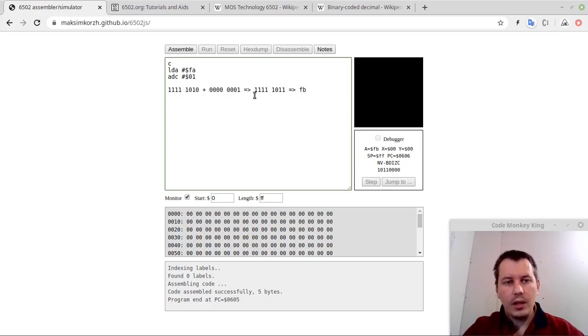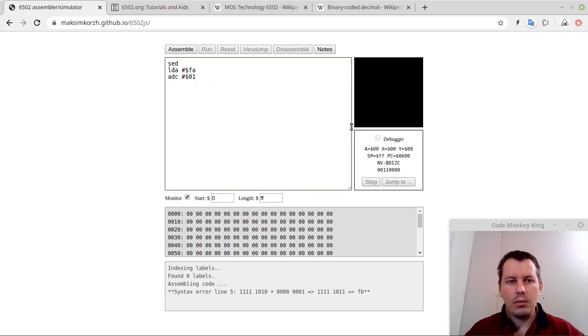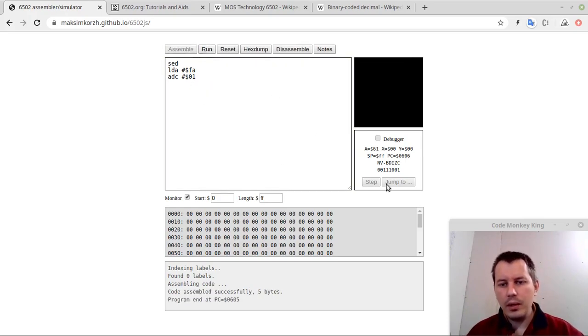But if we use the SED here and assemble and run, then okay, just need to get rid of this. Assemble and run. Here we have this decimal flag being set, and you might wonder what the heck is this value and where it actually comes from, right? So it might be very unclear how this actually works. So